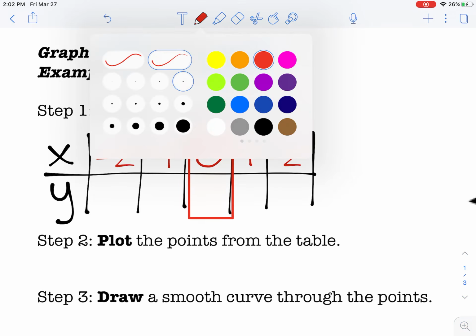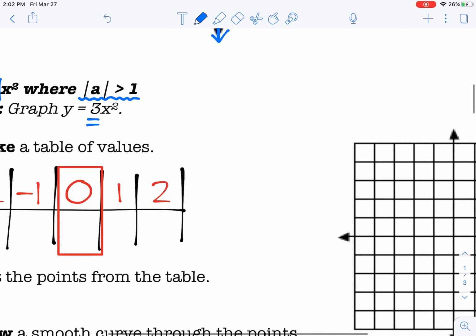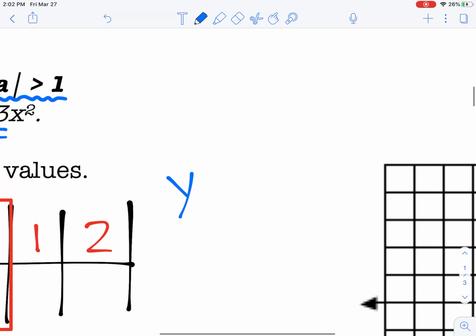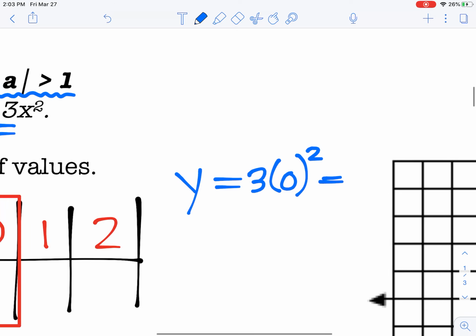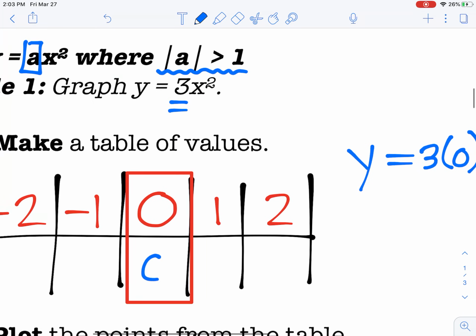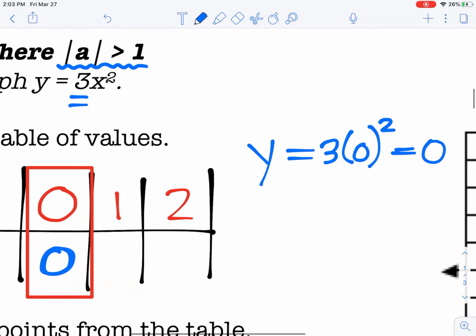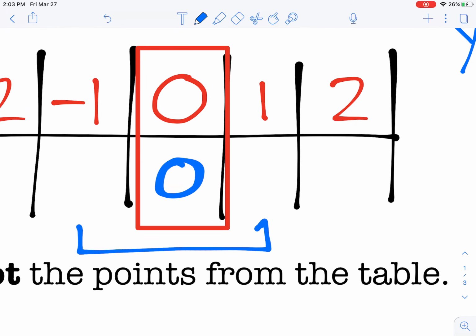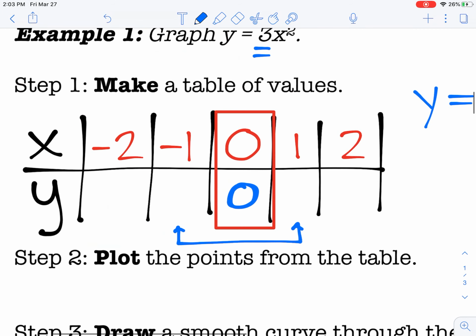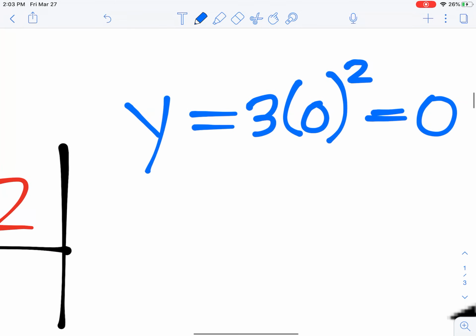All right, to find our range, we're going to plug these values in one at a time for x. I'm going to start with the number that I know is my vertex, so we're going to go 3 times 0 squared, which should in this case give us a 0. So that's the smack dab center of our graph. However, as we move out, we should notice something with the symmetry. I'm hoping that when we plug these values in, we notice they're the same. And then we also have a similar occurrence when we plug these in. So if we do those values,